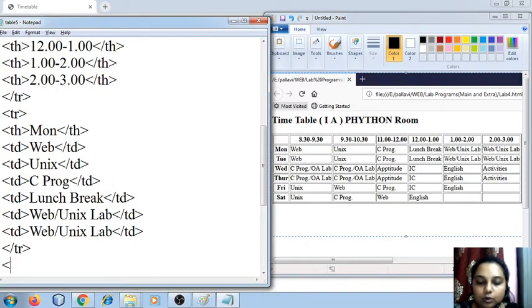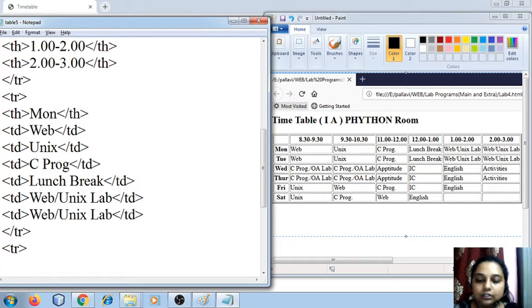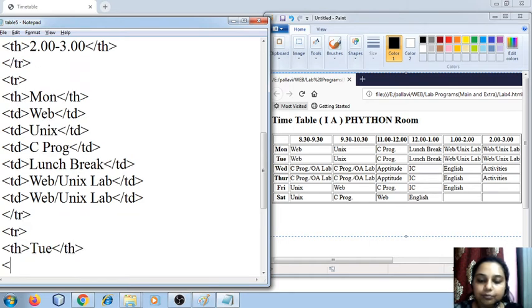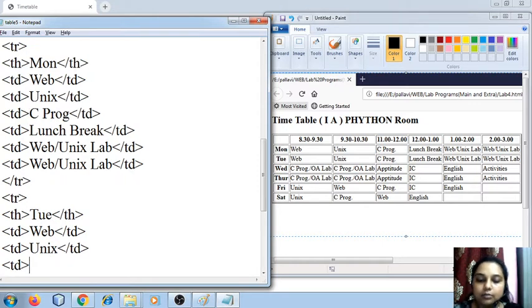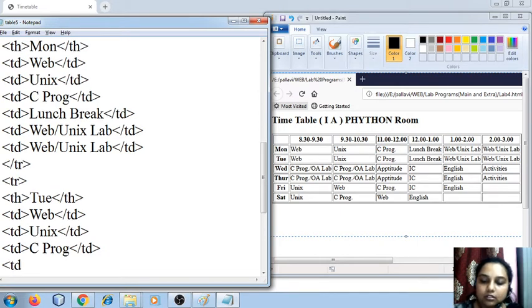Now coming to row 2. Again the same thing, table header is going to be Tuesday. Table data is going to be web, Unix, C programming. Okay, then lunch break,